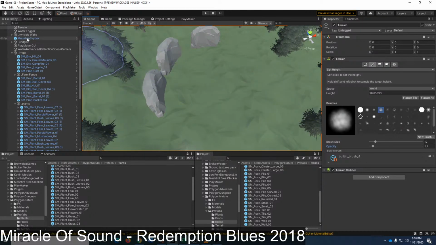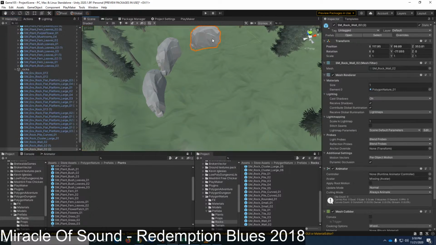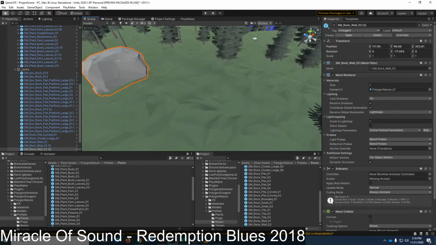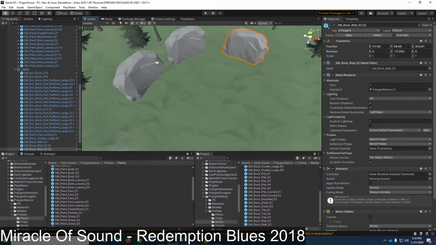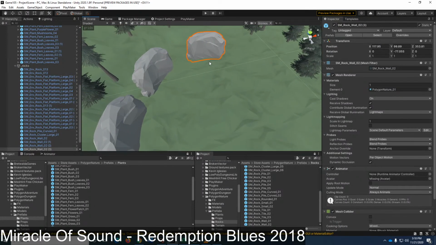Now I can go back to duplicating out the row. Hello. Nope.